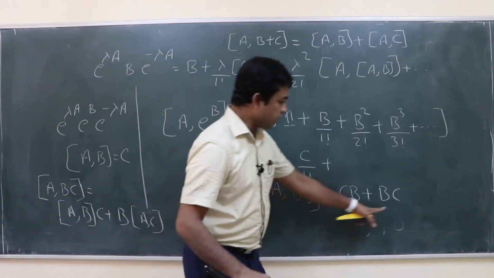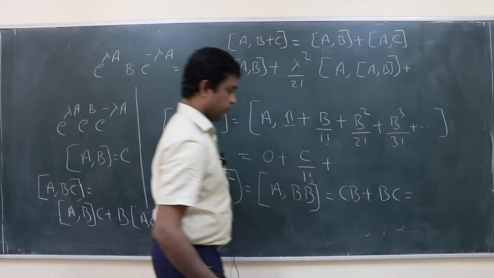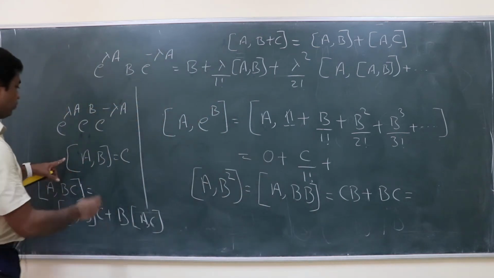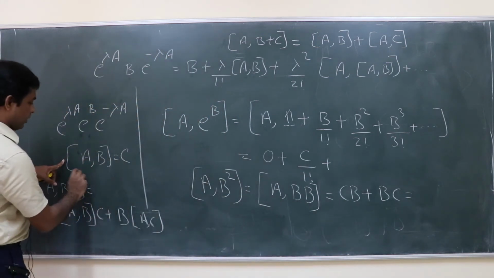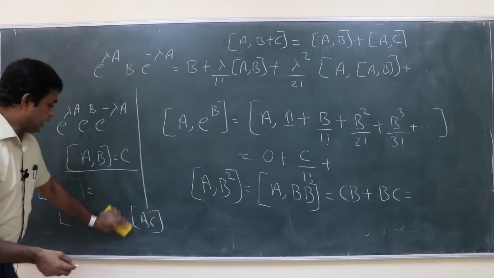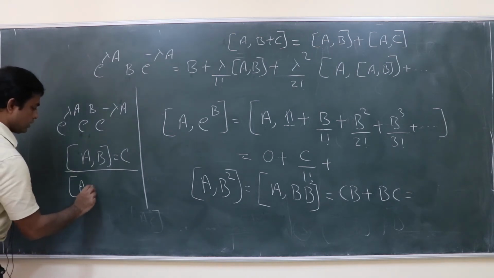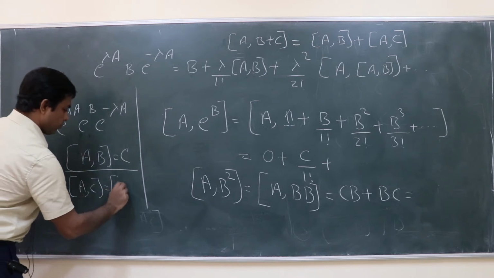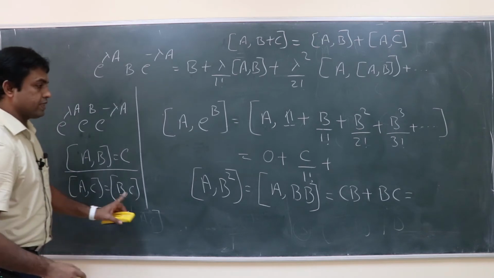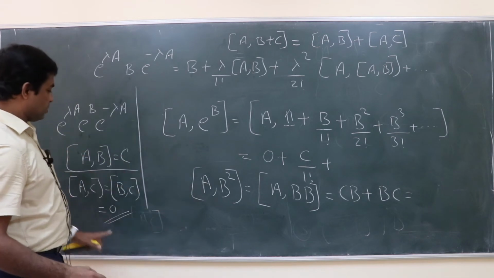Okay, so what is this equal to? 2bc. So it is 2bc because c and b commute with each other. We have one more condition for this particular problem, that is, a and b commute with c. So the commutator of a with c and the commutator of b with c is equal to 0. So bc is the same as cb. Only because of that reason you can write that. Otherwise, that is why this is crucial.